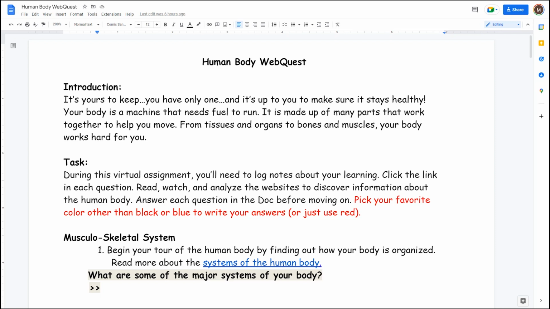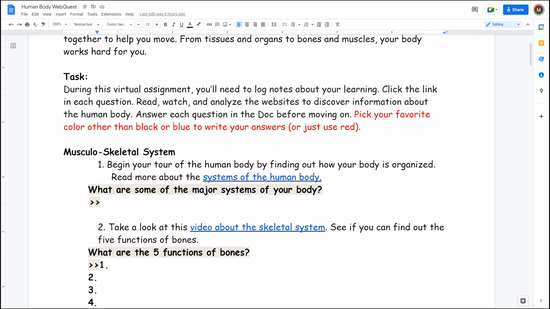This is a human body WebQuest that was designed for 7th grade students. You'll notice at the top that it has an introduction which talks about the human body a little bit. And then it has their tasks, that it's a virtual assignment and that they're going to read, watch, and analyze the websites. You'll also notice that it says to pick your favorite color other than black or blue to write